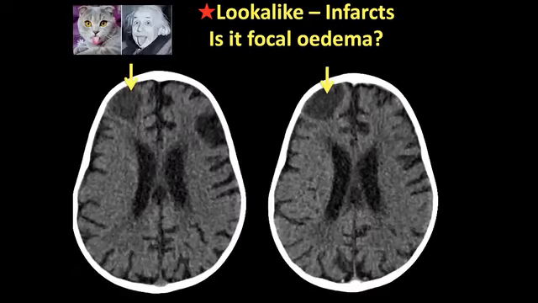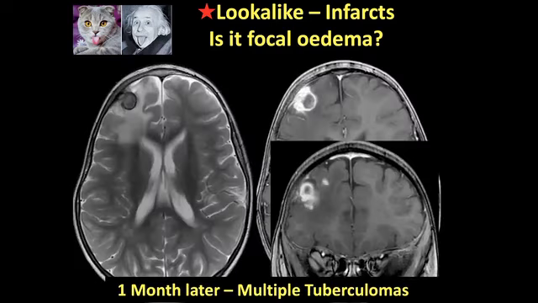Another one that caused us a problem: this patient was HIV positive, with a very shrunken brain, and had this focal abnormality. The patient had presented with signs and symptoms of meningitis. Eventually a lumbar puncture was done that didn't show any features of TB meningitis. It was thought to be a viral meningitis, but we didn't know what this was. So the patient went on to have an MRI 1 month later, and you can see that it actually was an evolving tuberculoma in a patient that was HIV positive, and eventually was discovered to have not been taking the antiretroviral.